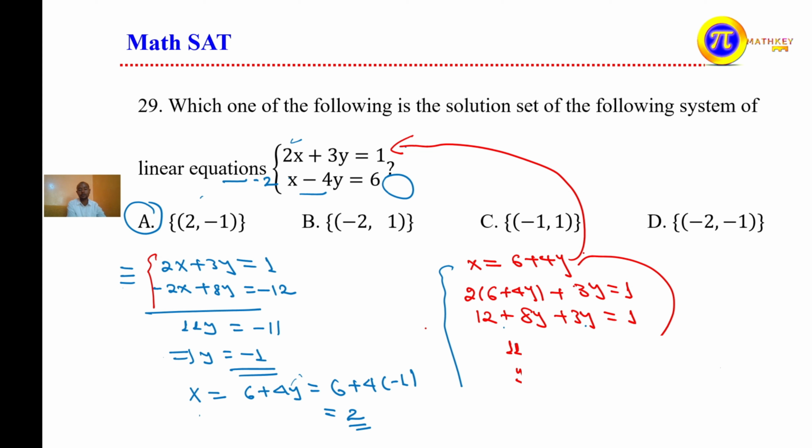What is x? x is equal to 6 plus 4 times negative 1, which is equal to 6 minus 4, 6 minus 4 is equal to